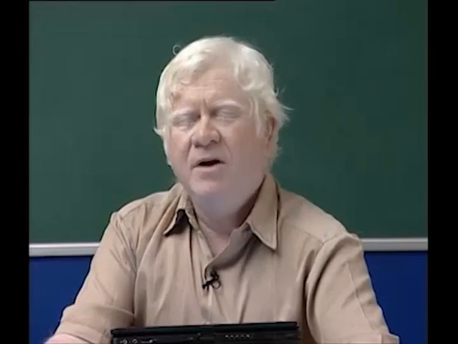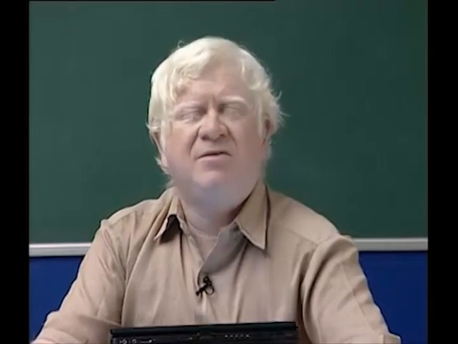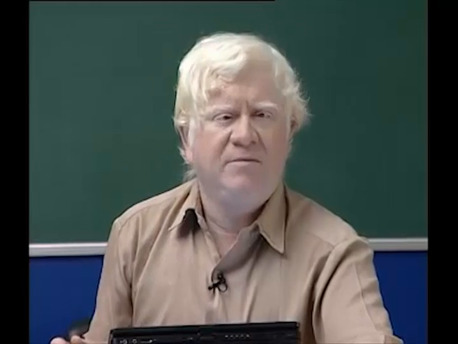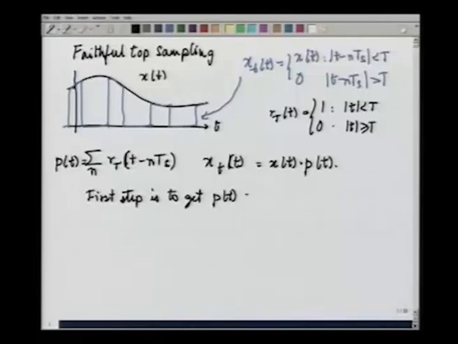Now, how is that achieved? Well, we take the original impulse train, which is d t, and simply convolve it with r t of t. So, P t equals r t of t convolved with d t,